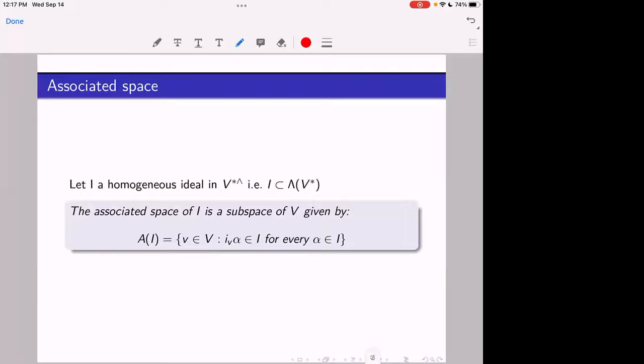I don't know if this is related to the idea of using different Grassmann algebras for the representation of this. But here I am thinking about the associated space of one ideal